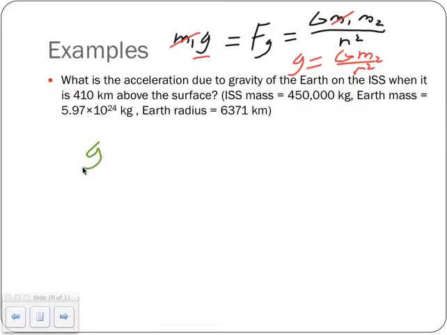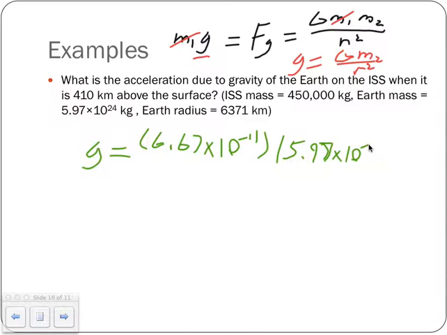This time, though, we can go ahead and start with our gravitational acceleration, which is going to be equal to big G, 6.67 times 10 to the negative 11th times the mass of the Earth, 5.97 times 10 to the 24th, not negative 11th, 10 to the 24th, divided by our radius squared. We already figured that out earlier, but I neglected to write it down, so let's go ahead and